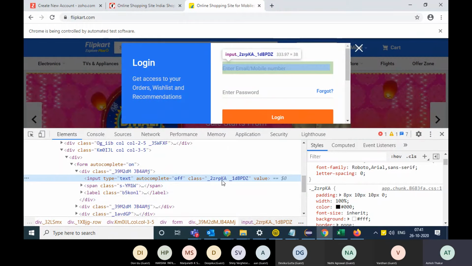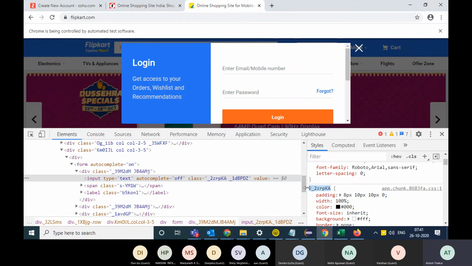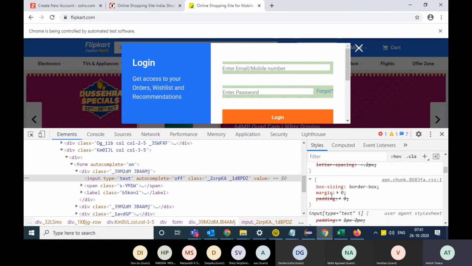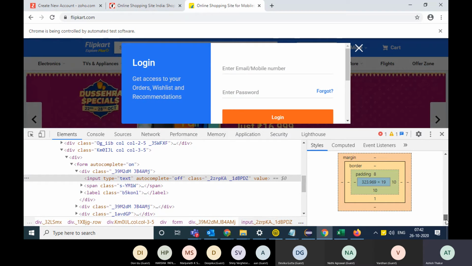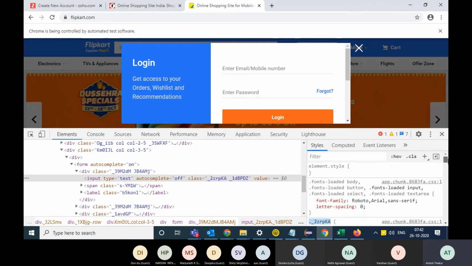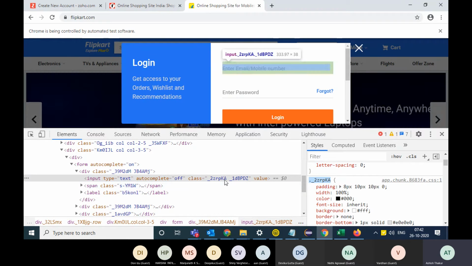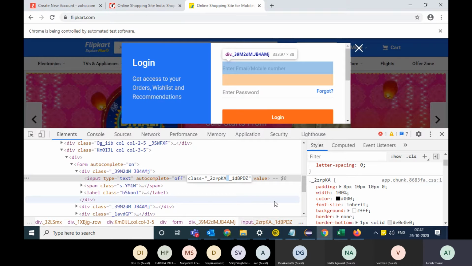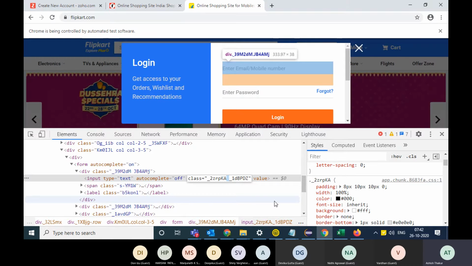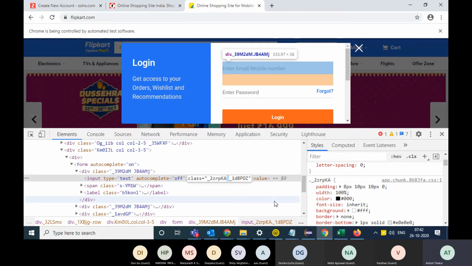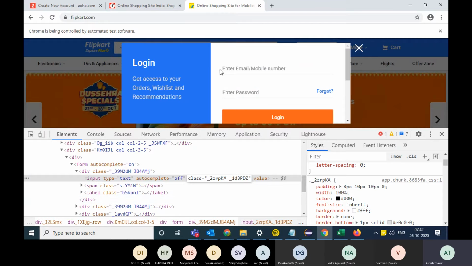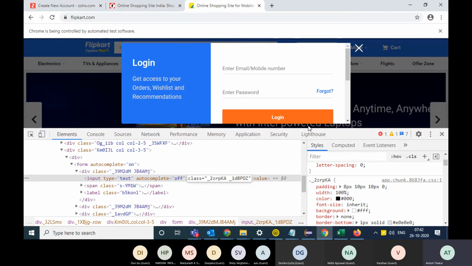Underscore 2ZRPKA, this is the particular class. And the other one, underscore 1DBPZ, that one would be somewhere over here. But if there is a space in the class name, please understand that there are two different CSS classes associated with this element. Each class name defines some properties or some look and feel to the element.